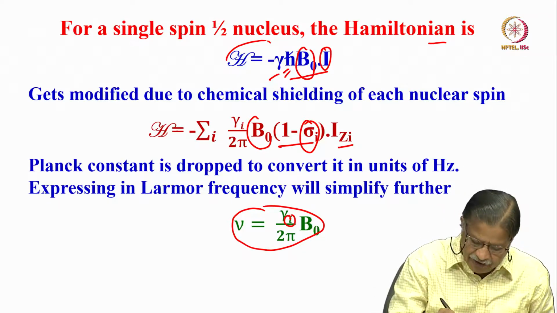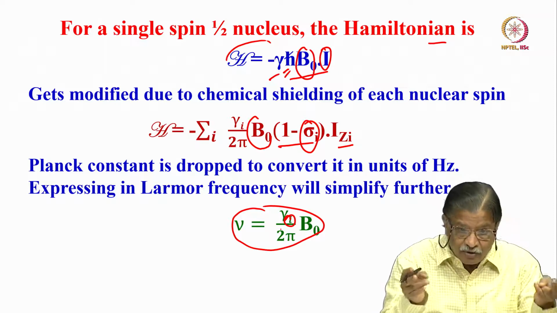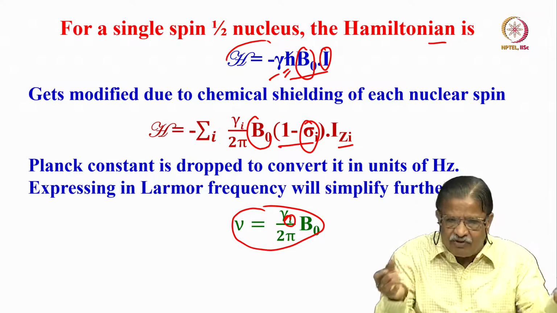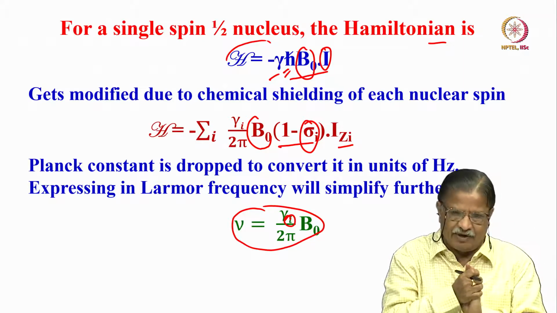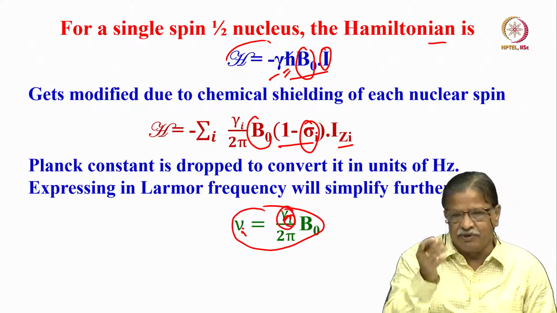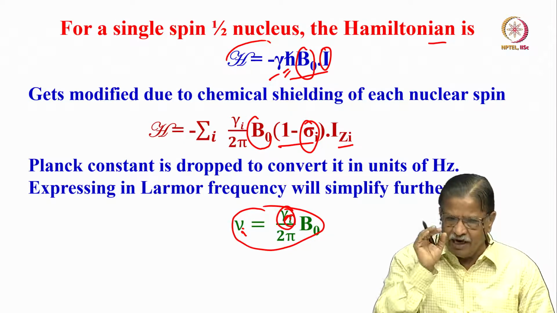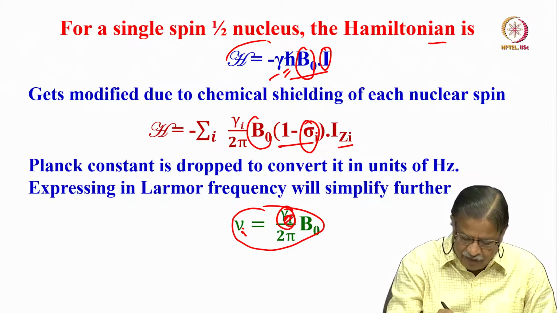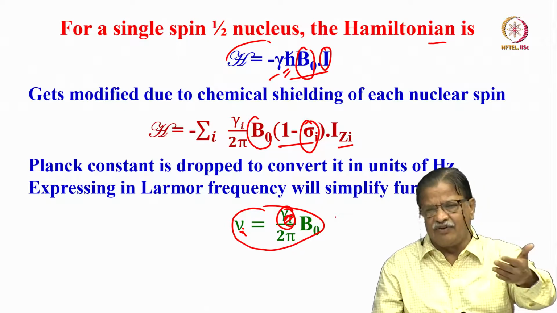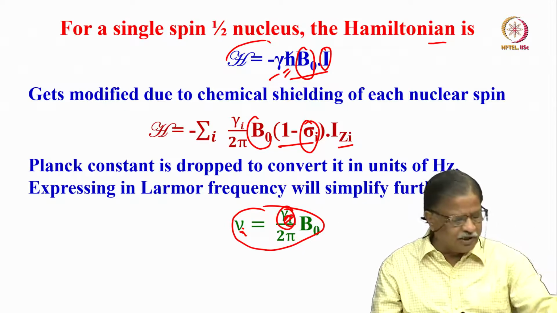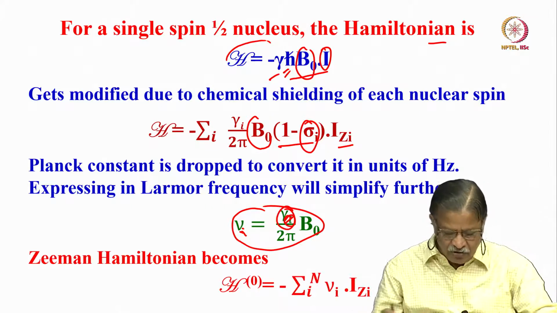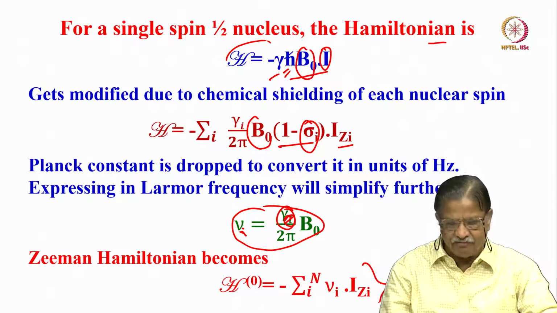Here I have put i because now I have to consider 2 nuclear spins. Each of them may have a different chemical environment. So, the resonating frequency corresponding to each of them will be different. And now gamma i, in fact, it should have been nu i, gamma should be the same because I am considering the homonuclear case, it is proton. So, that is why instead of gamma i, I can put nu i equal to gamma into B naught over 2 pi, the resonating frequency, which varies for both the nuclei I am considering because of the chemical environment. So, the Zeeman Hamiltonian I can write like this.